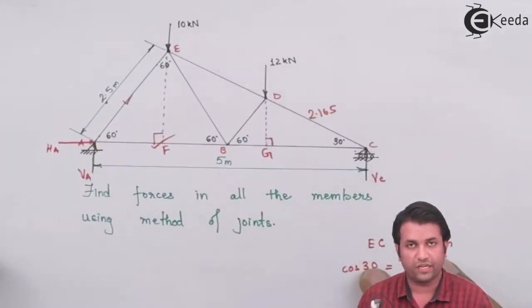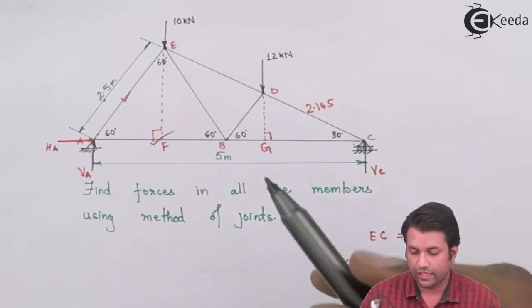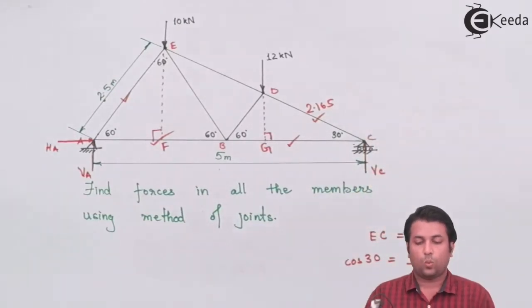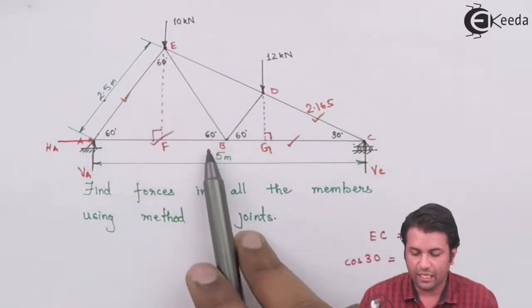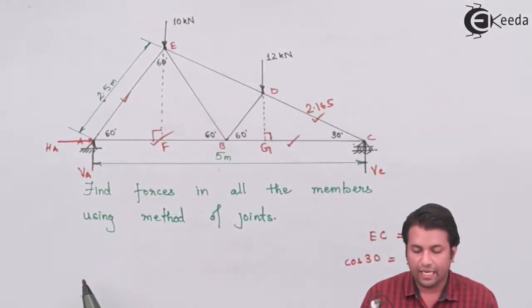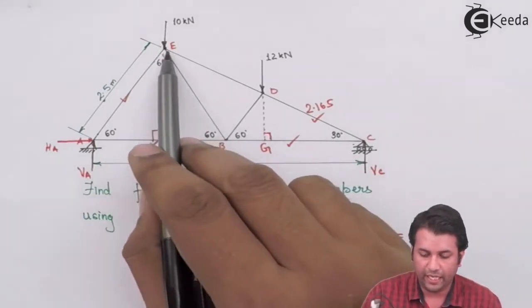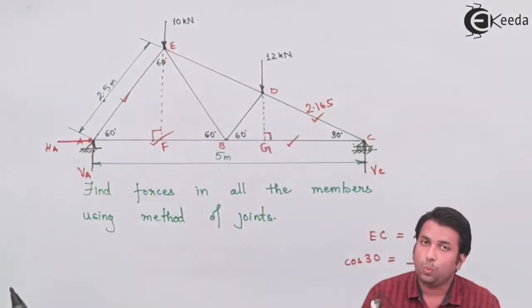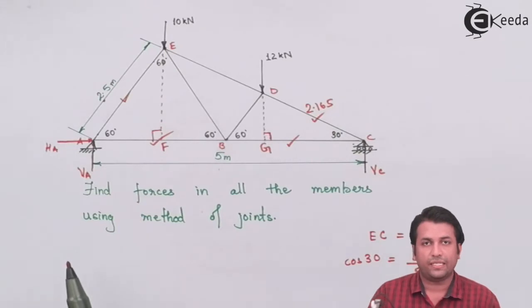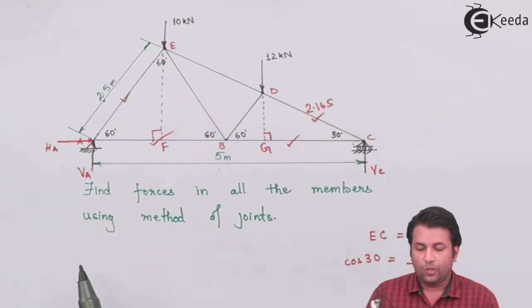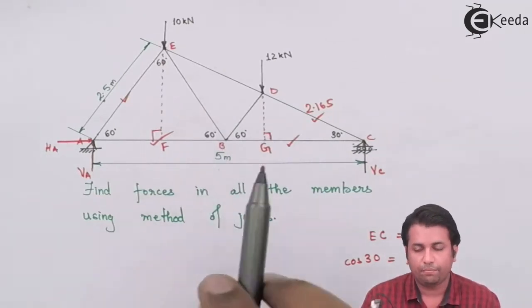Now coming back to the original figure, I have calculated the force in the members BC and CD. So what is left out is BE, BD and ED. I can take joint B and solve it, or I can take joint E and solve. In that case, I'll be able to find out the force in two members. Still, one will be left out. So you can take any member and go ahead. For example, if I go with joint B,